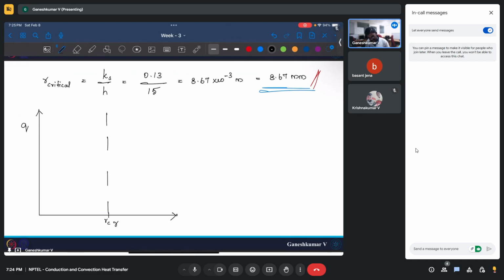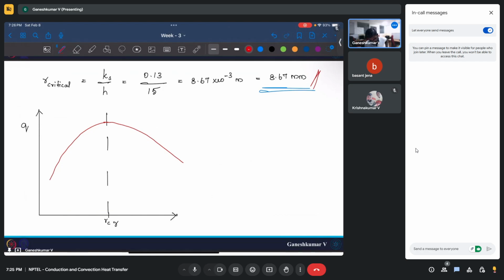And at R critical, what do you see? You will see a maximum heat that can be passed, which means until you cross the R critical, your convection mode of heat transfer is dominant, which means the resistance through convection is less, which causes higher heat transfer through